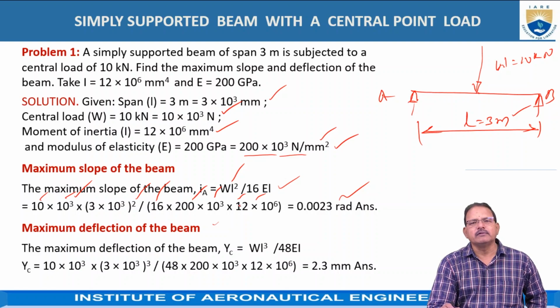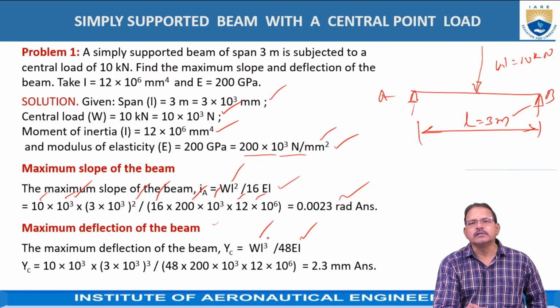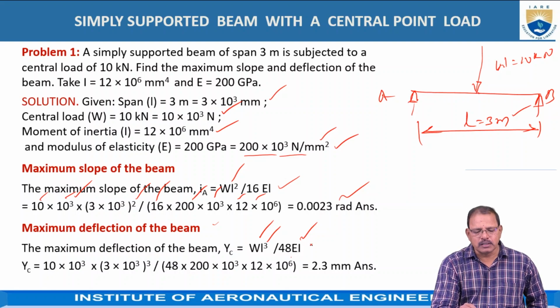The maximum deflection of the beam occurs at the midpoint of the beam, which is equal to y = WL³/48EI. Here W represents the central load, which is 10 × 10³ newtons. L is the length of the beam, equal to 3 × 10³ mm. E is Young's modulus, which is equal to 200 × 10³